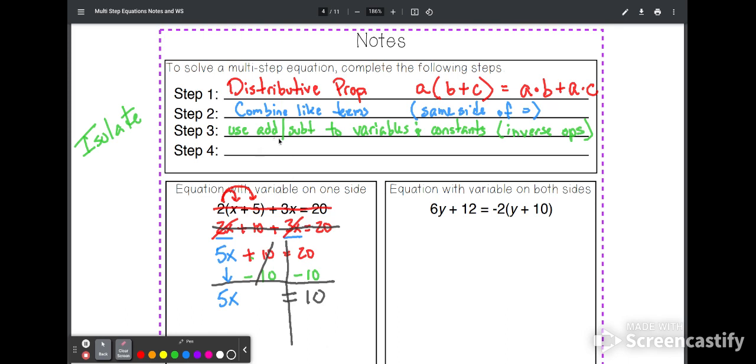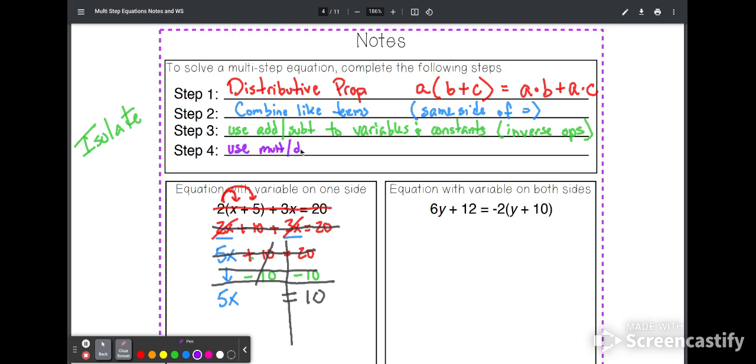So step 3 is I've used addition or subtraction to move all of my variables and all my constants to one side. And that can be multiple steps. I might do that more than once. So here I am, once again, not looking at these things. I'm done with that. So I'm only looking at this piece right here. Most of you are going to be able to say, oh, Mr. Fix, the answer is 2. But why is it 2? Well, it's 2 because now we're going to use